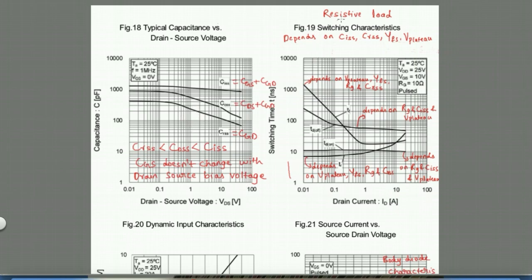Figure 19 provides the resistive load switching characteristics. It is to be noted that these graphs are for a resistive load, and in many situations it will not be a resistive load. For example, in a boost regulator it will be an inductive load, in which case the rise time, fall time, and delay times have to be arrived at through either simulation or through analysis. In this plot,